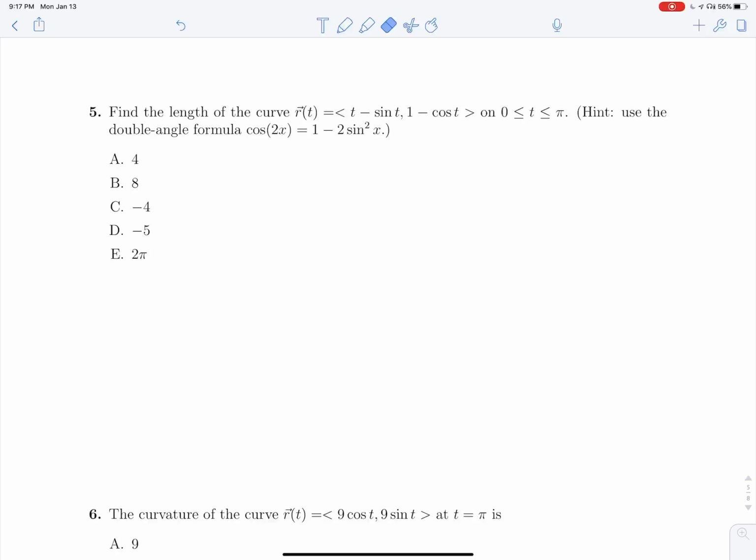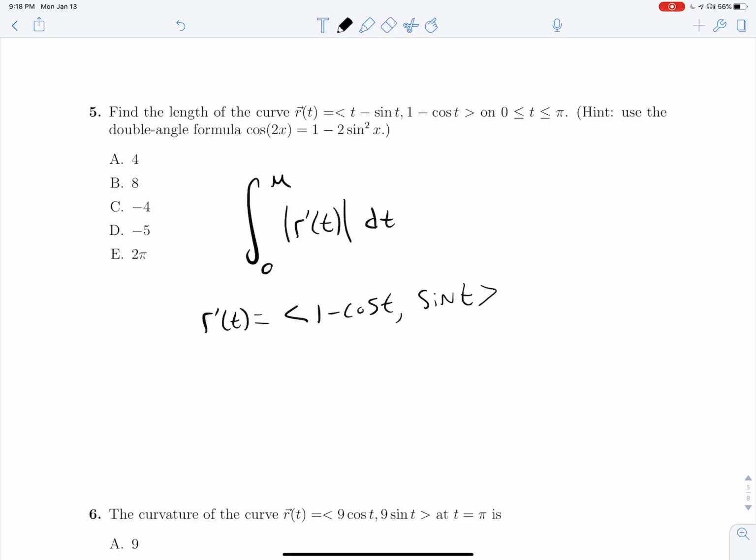So we know that our equation for arc length is the integral. In this case, I'll just put our bounds in, but we're integrating from 0 to pi. Our integrand is the magnitude of r prime of t dt. So let's find r prime of t. That is going to be 1 minus cosine t, and then